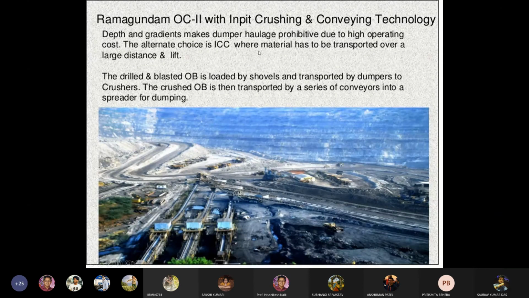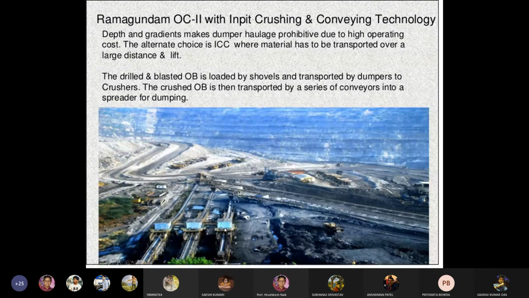The alternate choice is in-pit crushing and conveying, where material has to be transported over a large distance. The blasted overburden is loaded by shovels and transported by dumpers to the crushers. The crushed overburden is then transported by a series of conveyors to a spreader for dumping.